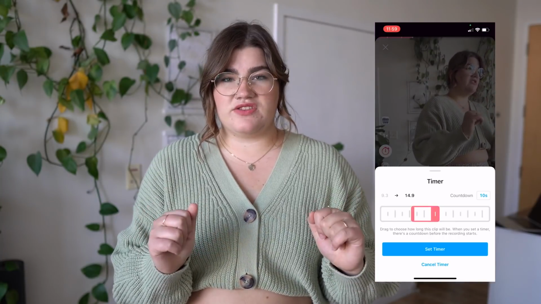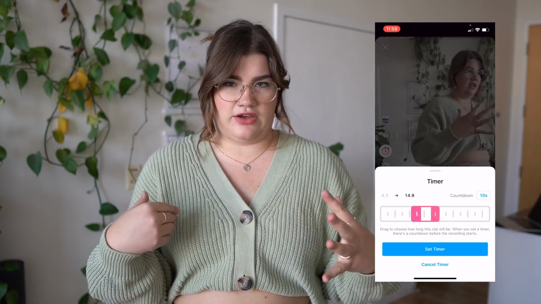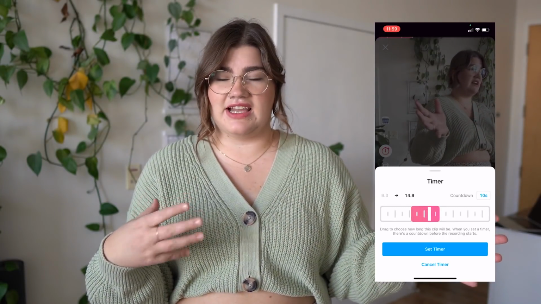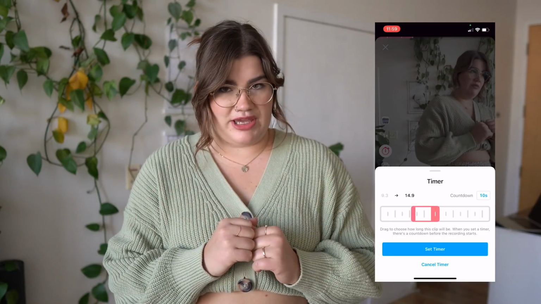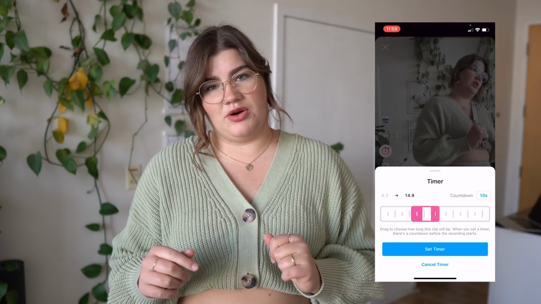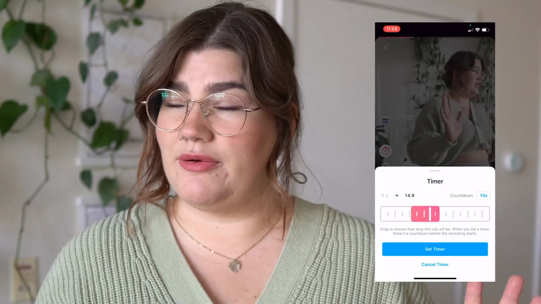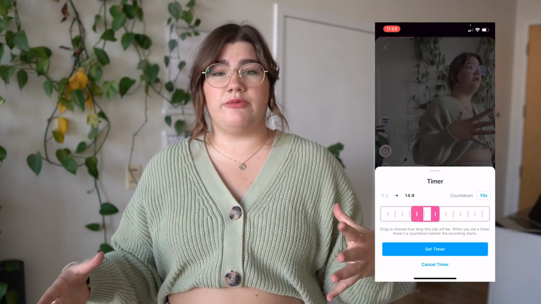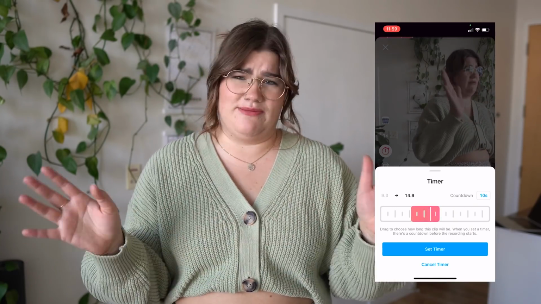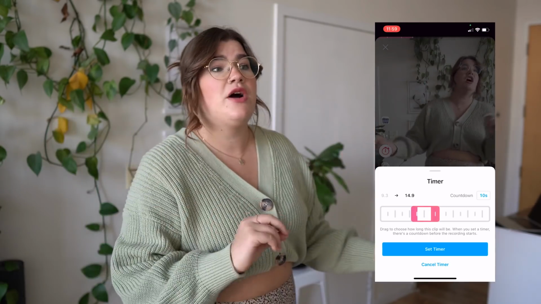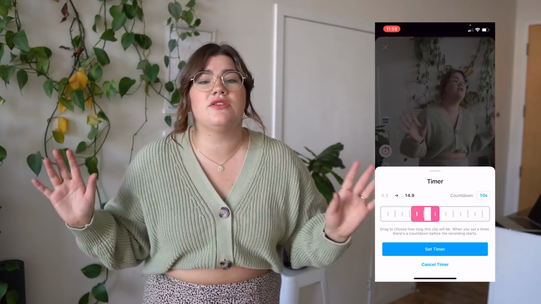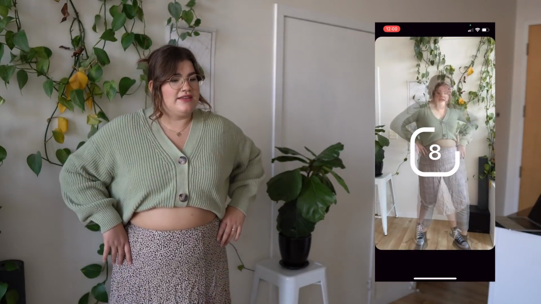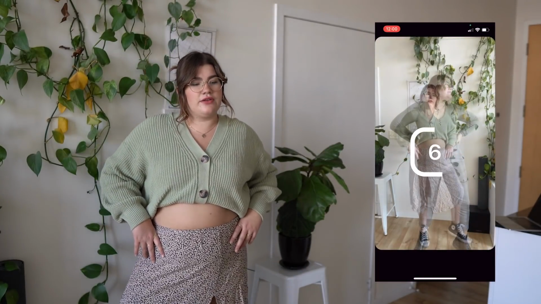One quick tip, I know this whole time I've been running around like a crazy person and leaving the timer on 3 seconds, mostly just because I'm really impatient, but I did just switch it over to 10 seconds to give myself a little bit more time to get into position. So I would recommend that. There's no reason to rush with the 3-second one. You can just set it to 10 seconds and it's easier. See, now I've got a full 10 seconds to